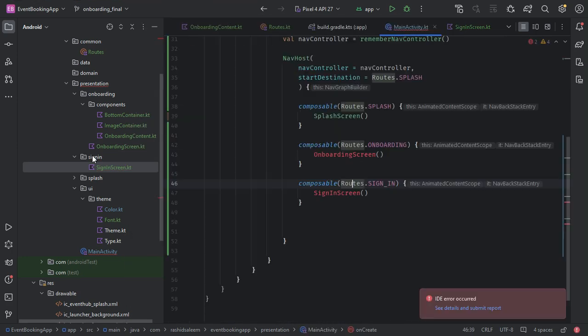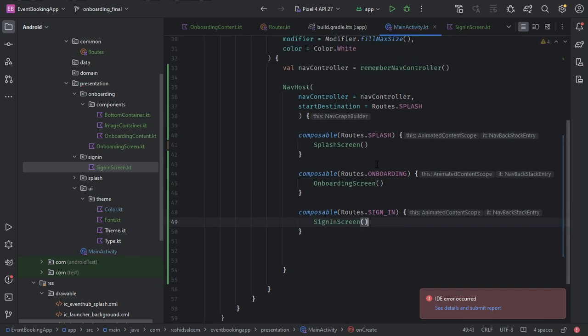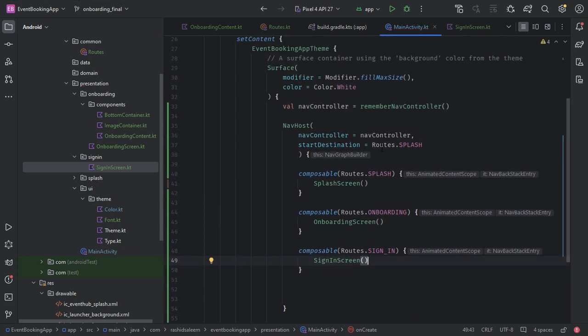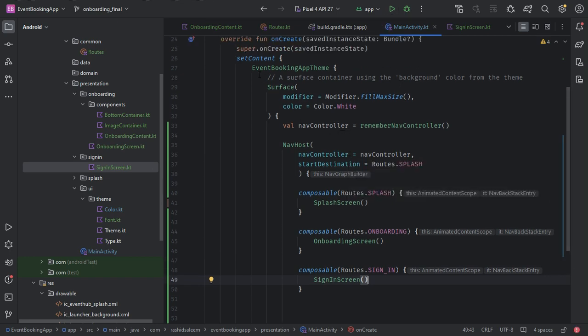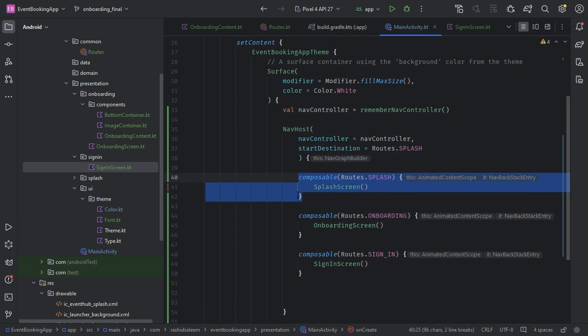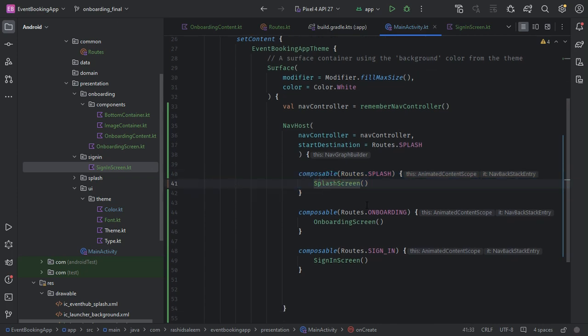And import these two screens here. Alt enter import and alt enter import. So now we have made this route, and if we run this app, then in this nav host we have set the start destination to this place. So the first screen will be shown to the user, and from there we will navigate it to the onboarding